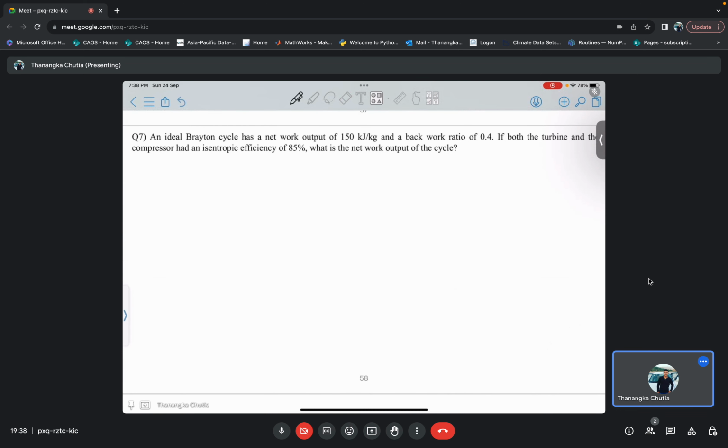Next is: an ideal Brayton cycle has a net work output of 150 kilojoule per kg, a back work ratio of 0.4, and if both the turbine and the compressor had an isentropic efficiency of 85%, what is the net work output of the cycle? Okay,